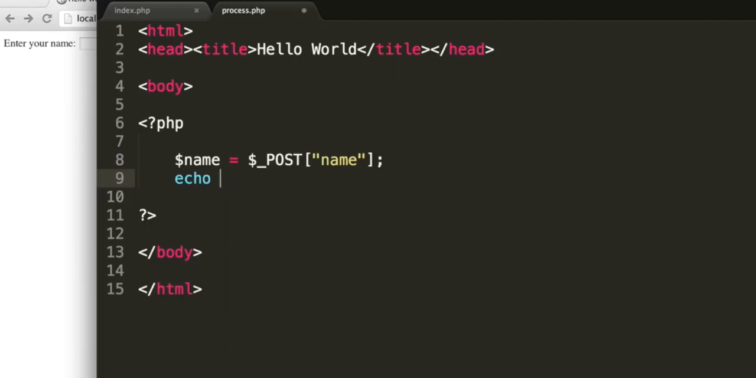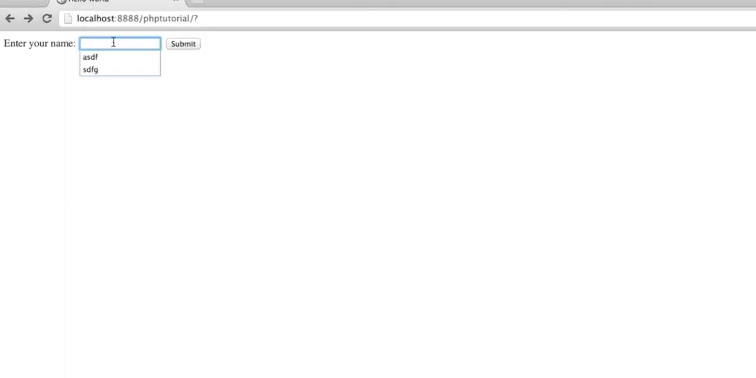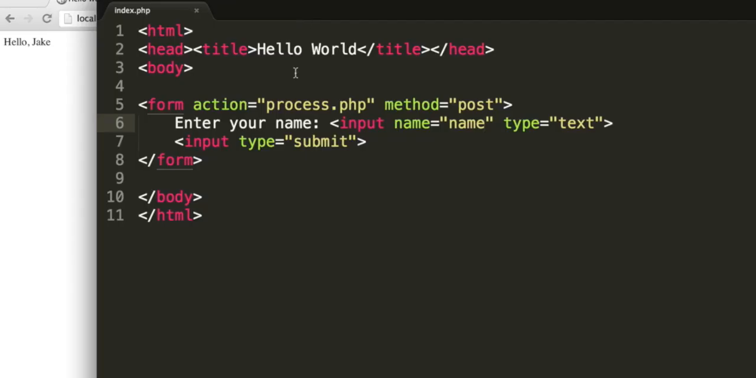Echo, just as we did before, a string hello, concatenation operator, and then the variable name. So now when you enter your name and click submit, the process.php page will be loaded, the data will be posted to it, the PHP script will be able to get the posted data from the $_ variable, and it can then output that data. So I mentioned the data was in the form of an array, so let's just have a quick look at